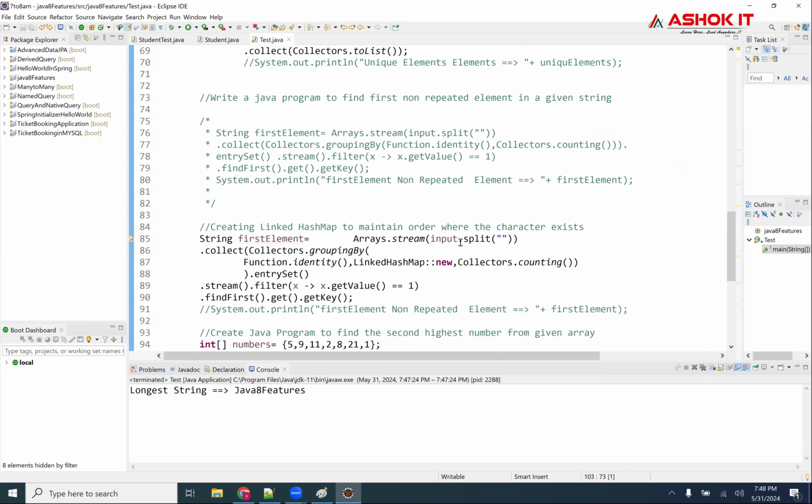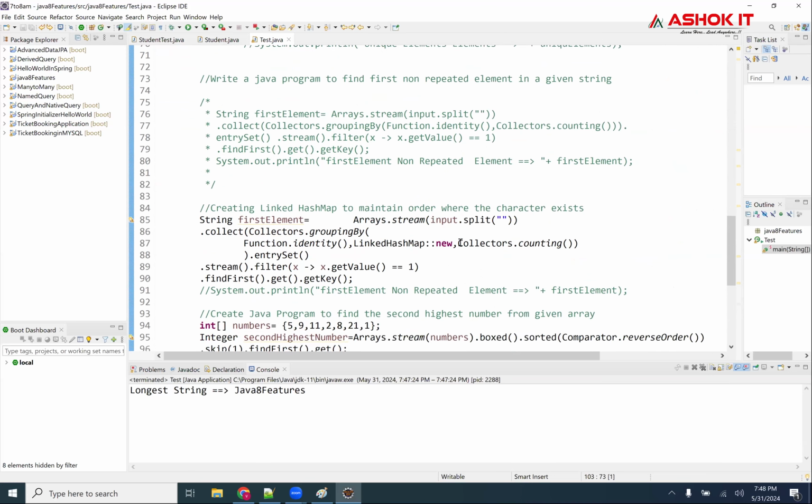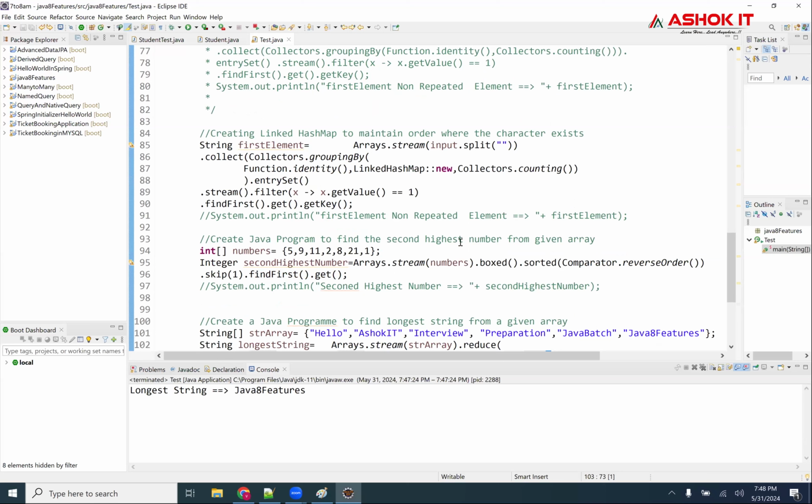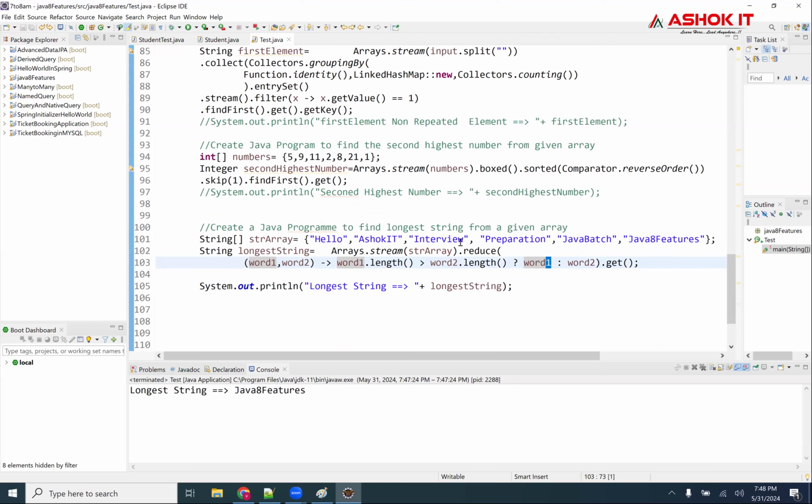After that, linked hash map to get a value. After that, boxing with sorted reverse order, comparator dot reverse order, and reduce. Still a lot of things are there, guys. But sir, I'm only focusing on the very, very important things. If you practice this, it's more than sufficient. That's my point here.